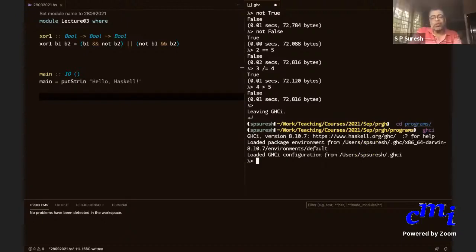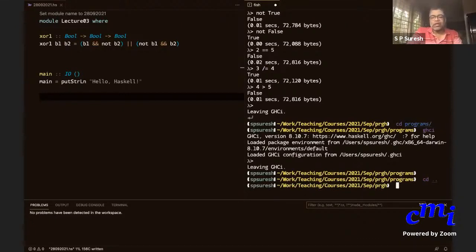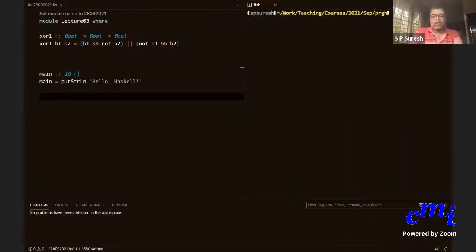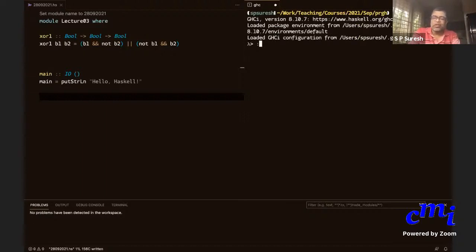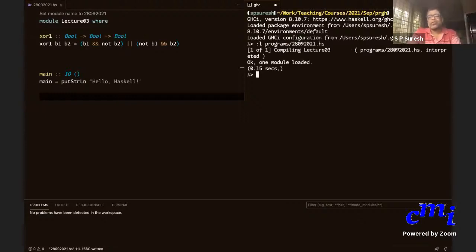By the way, you don't need to go to that directory to do it. I was earlier in this directory, and my program is under programs. Even if I'm in GHCi now, when you say load, you can give the actual path name. So I can say programs/28 whatever. That loads this.